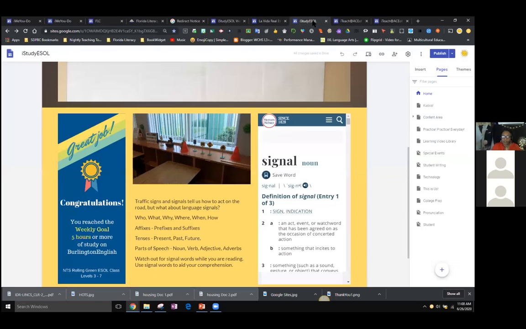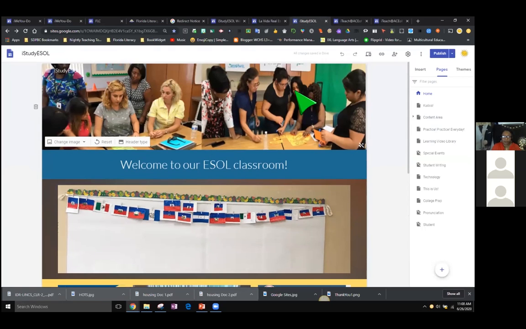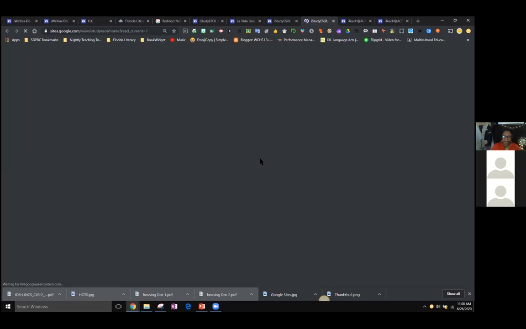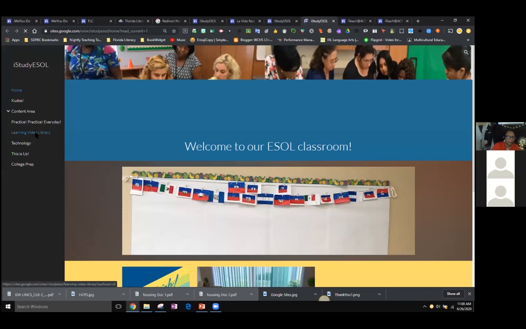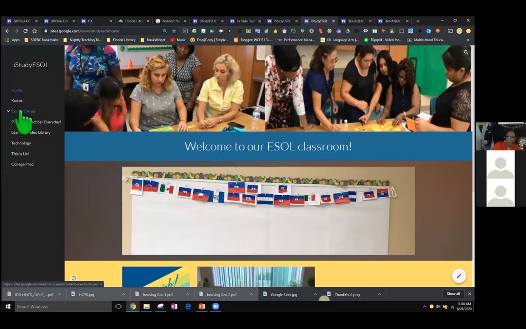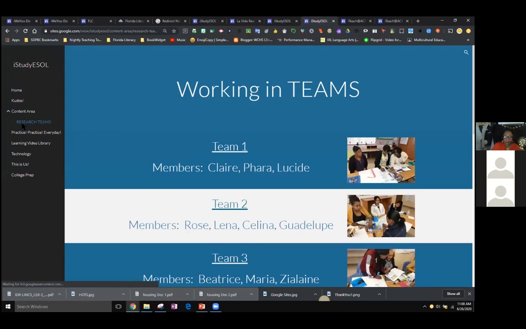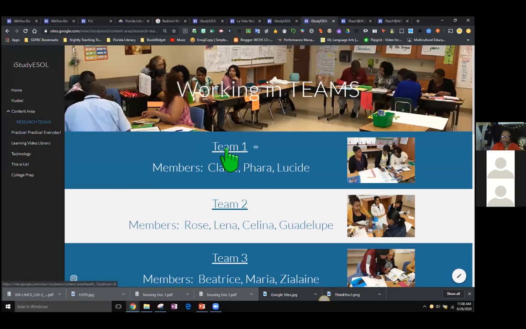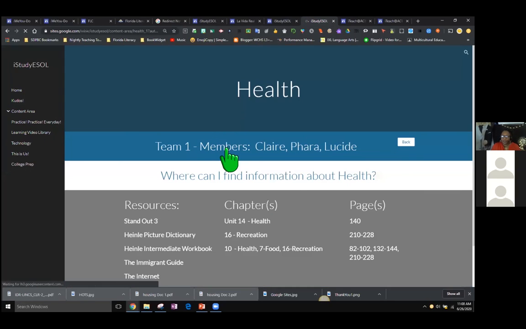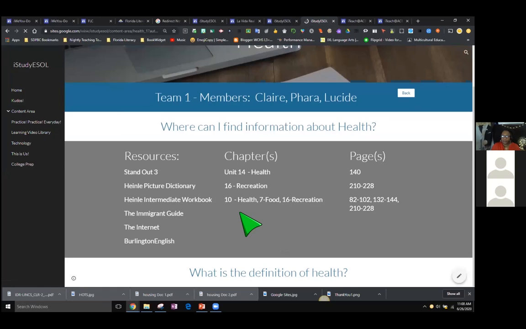There is actually a page that the learners were responsible for populating. There was a content area project, and there were research teams, and they had to do some research and populate these areas with the information that they found.